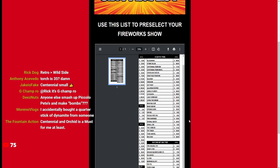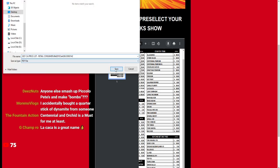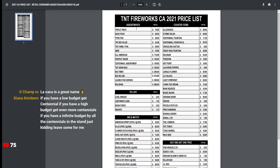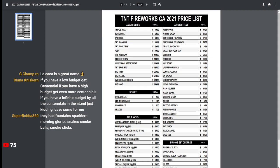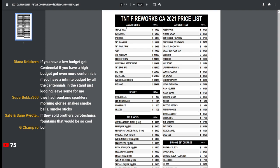We're going to go over the little shopping list here. I'm going to download this so it's not looking like a potato on the screen and you guys can see it. So we pretty much went over everything. The triple heat's got like Piccolo Pete's, ground bloom flowers and all that stuff. It's technically better if you need some